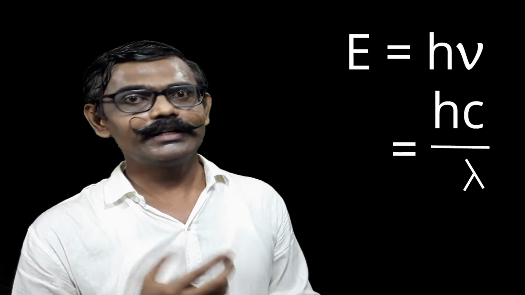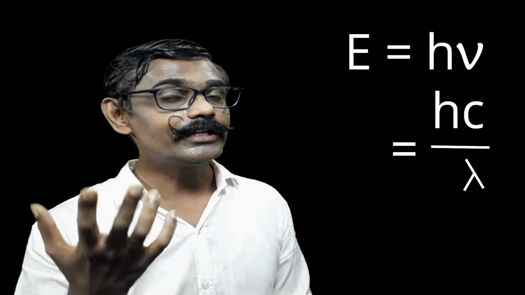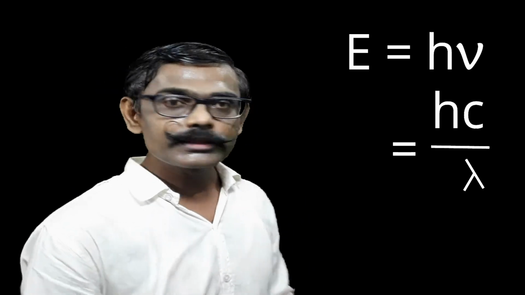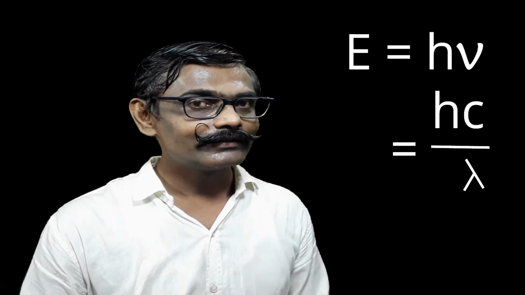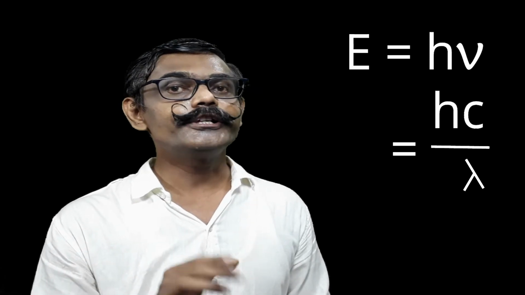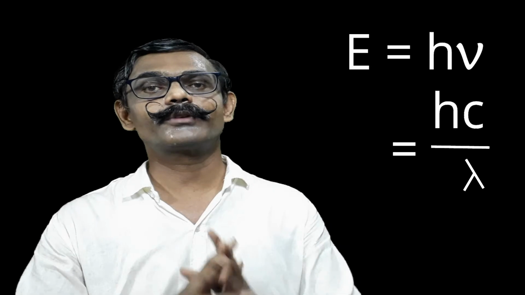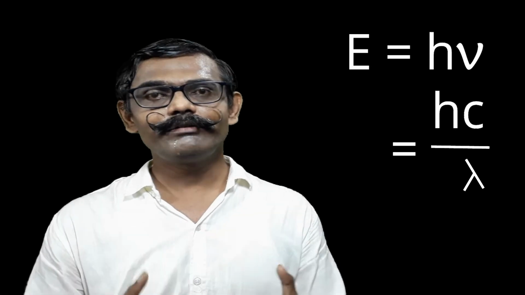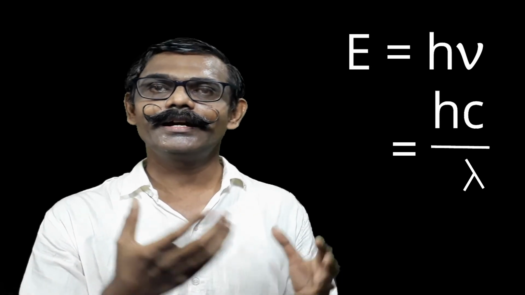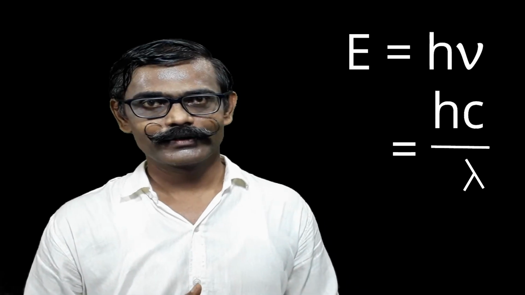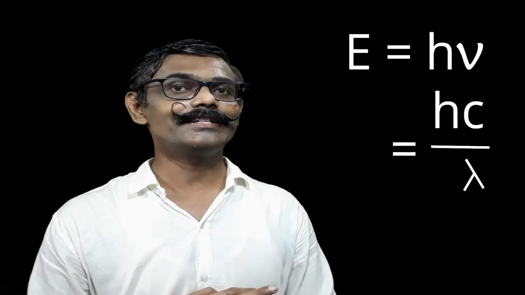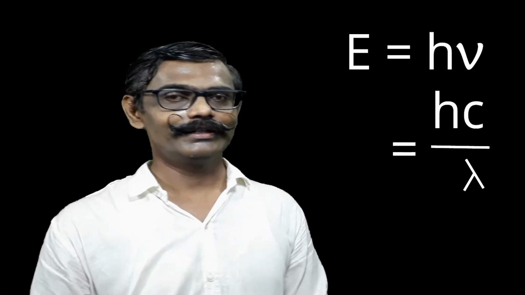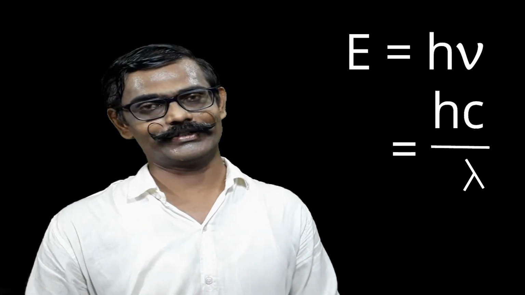Energy, how do we express it? In the SI unit, joule. h is the Planck constant, c is the speed of light, and lambda is the wavelength, a characteristic property of light. Wavelength, frequency and speed of light: the speed of light is constant, so who is changing? Wavelength and frequency are changing, in the case of a photon, in electromagnetic radiation. Is the formula for energy clear?